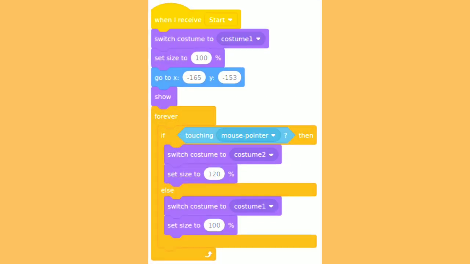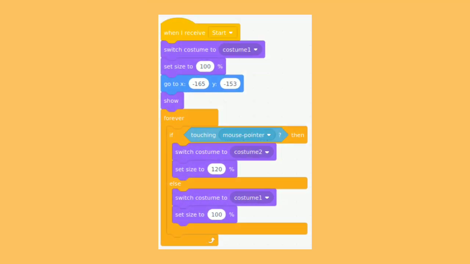So here we have the script, and it's pretty much the same. It just sets the initial values of that sprite. And then there's this little bit of code which is just used to add a bit of interest to it, as more or less everything in this game. Like when you hover over it with your mouse pointer, it changes the costume and gets bigger. So yeah, that's it. It doesn't really do much. The button just gets bigger when you hover over it, and it changes the color, and that's it.